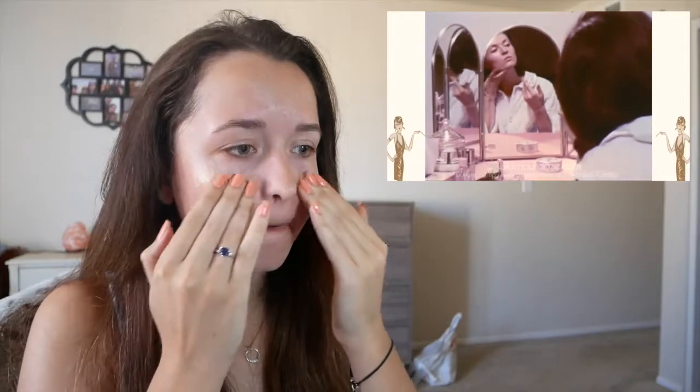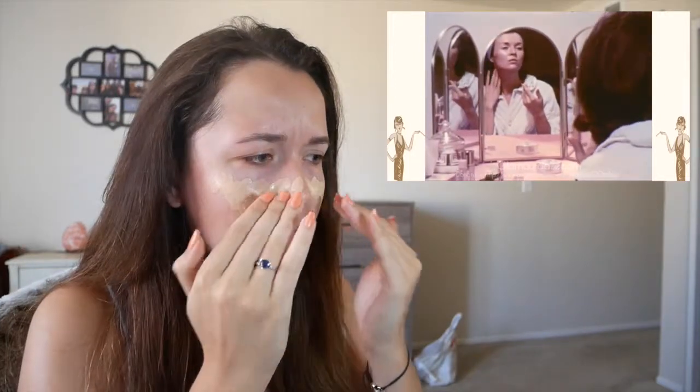How am I blending it with my fingers? Cosmeticians will guide you in your color choice. A foundation with a pink glow will brighten...